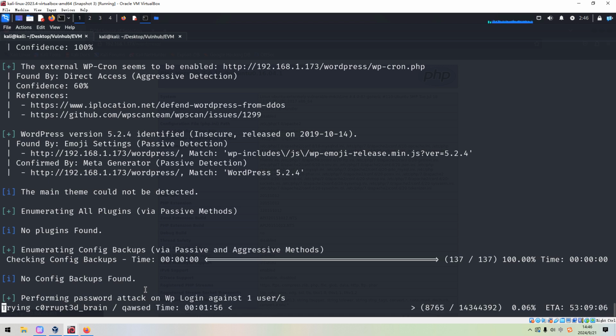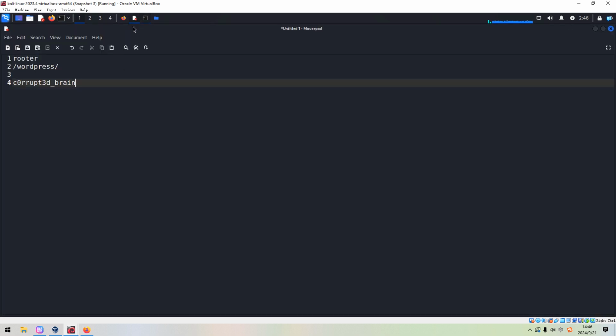I have already demonstrated such techniques many times, so I'd like to make a very quick recap, for WordPress enumeration and exploitation.